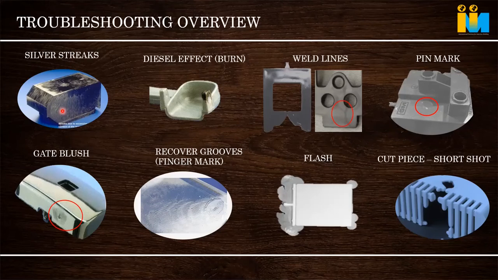After looking at the streak, we have to understand whether it is a silver streak. Silver streak means it is due to moisture, and it will be a silverish color. Second is the burn streak. Burn streak will generally be a light brownish, yellowish color. It means something is burning in the tip of the machine or in the hot runner, or some heater in the machine might have gone, or the thermocouple has gone wrong, so the heater is overheating. That can also cause burn streak.